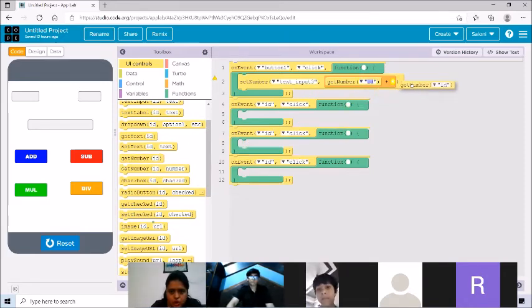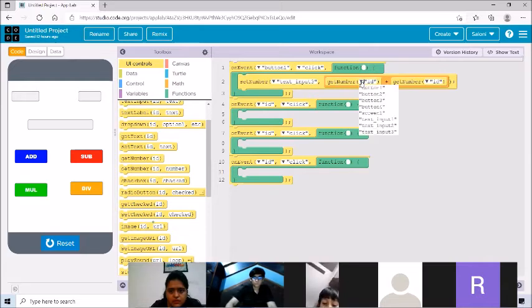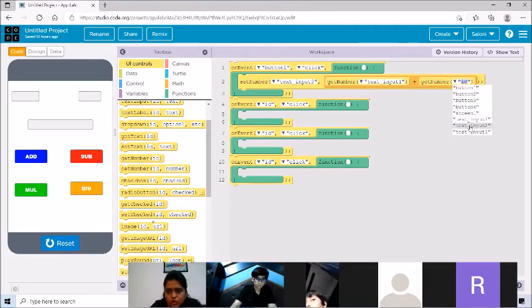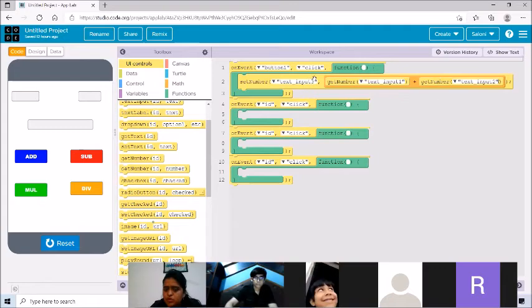Get number 2. So the first number we are getting in the center of the first number and second number, I have put a plus sign. The first number we are getting from text input 1 and the second number we are getting from text input 2. And where are we setting the answer? In text input 3. You've understood this?